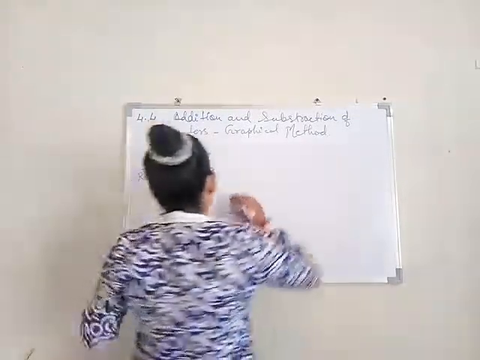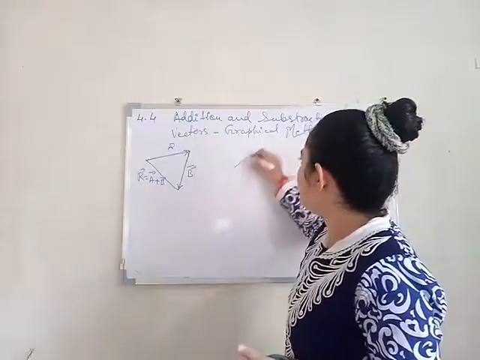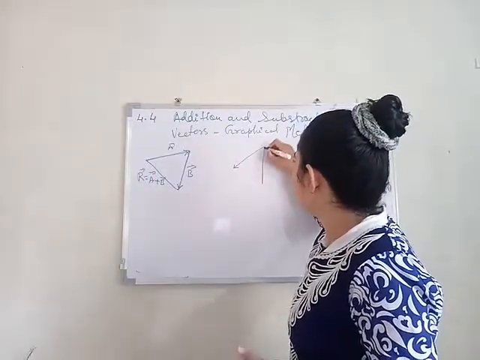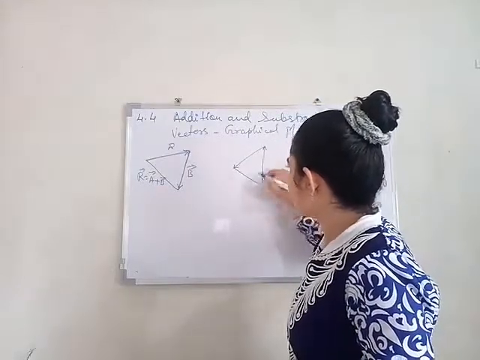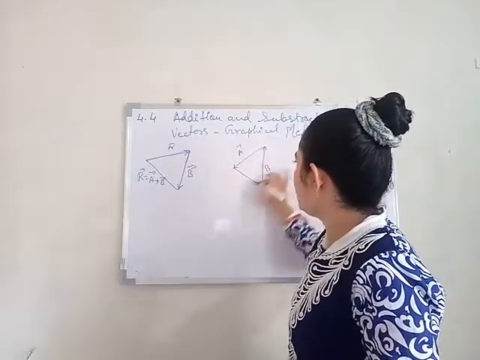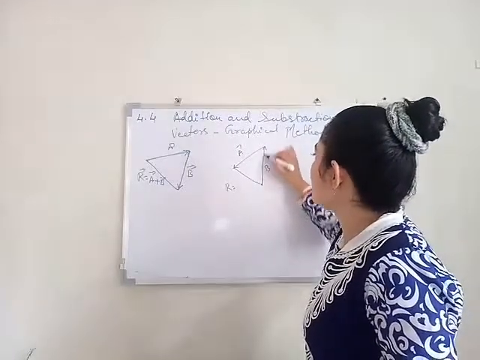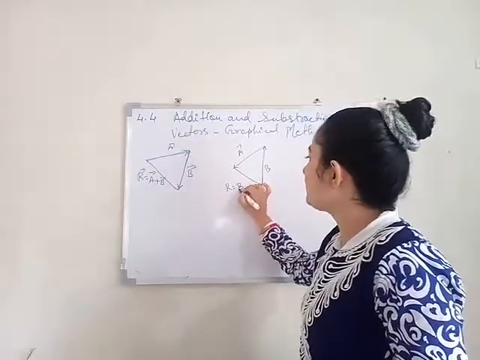How? For example, take vector A in this direction and vector B in this direction. Vector B is going away, so first we will write vector B